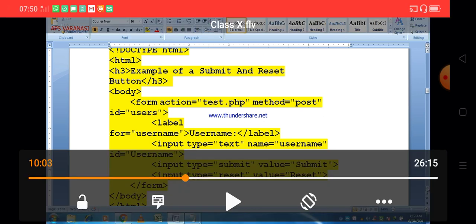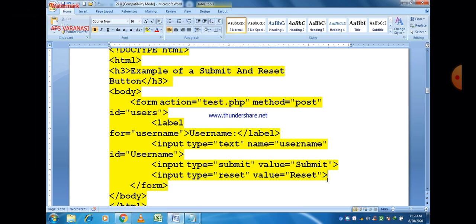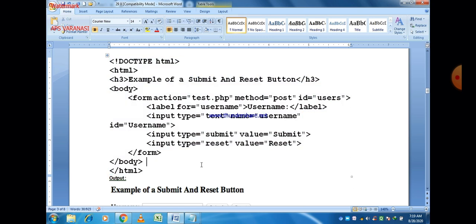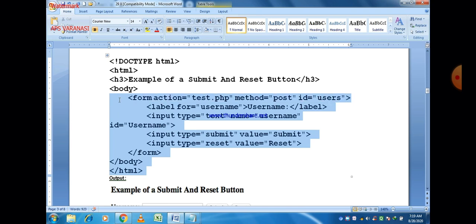So let us execute this program and check what happens. Just copy this program. This gives you an example of submit and reset button. Remember that there is only a single text box in which we give our name, and the submit button submits that name, and the reset button clears that value.